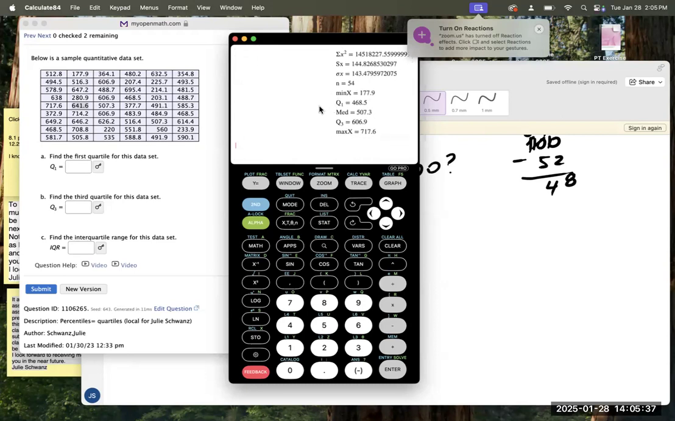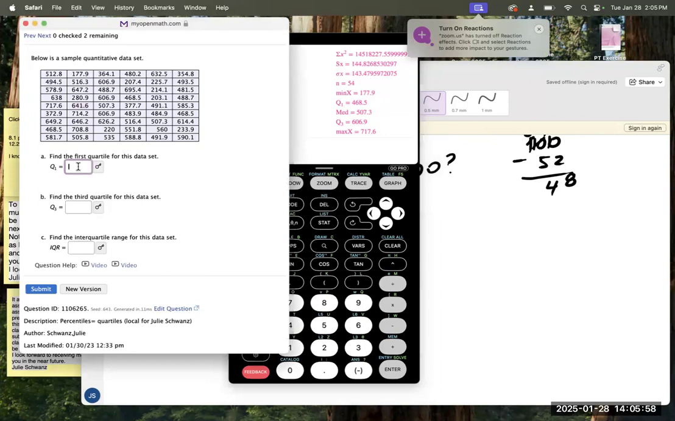But if we scroll down in the TI-84 calculator, you may have to use these arrows to scroll down. It'll show you the minimum value of the data. The minimum value is 177.9. They're not asking for this in this question, but I'm just going to show you. The first quartile is 468.5. So that's what I'm going to put in as my first answer here,